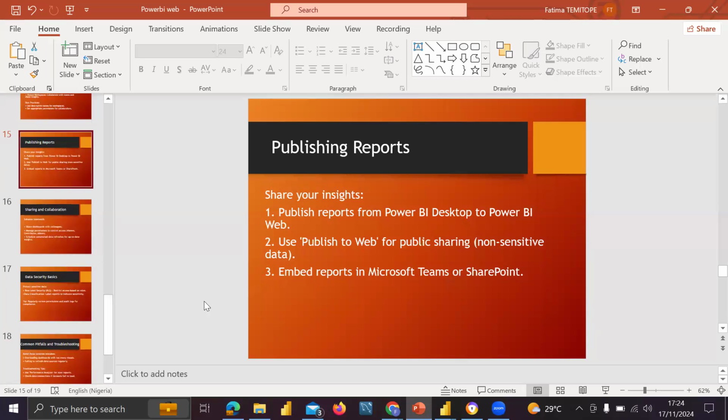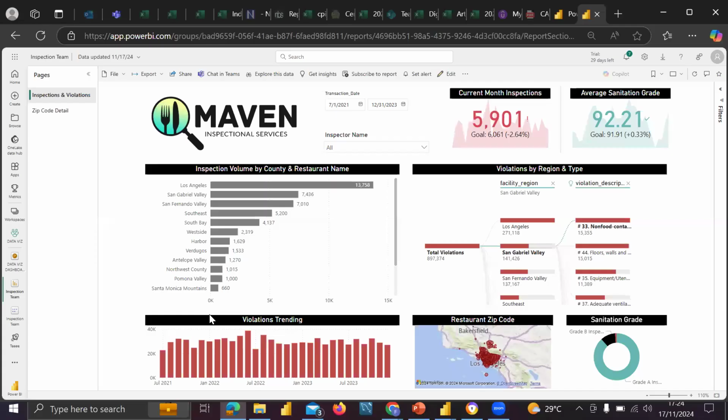So RLS, row level security, is a more restrictive control over your work. Maybe you have data for different regions: north, south, west, and east, and the reports are in the same place. You want to restrict access so that managers in north can only see data for north. They will not be able to see data for west, east, or south. That is how row level security works.